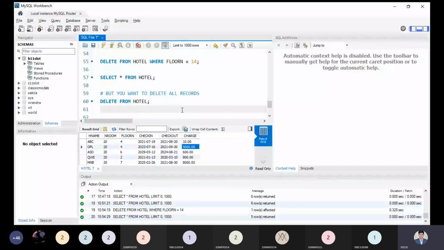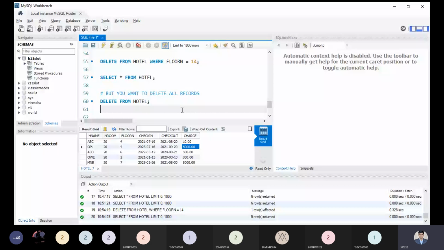When you remove or delete the schema, the entire record inside such a schema will be deleted automatically. But if you want to remove the records, then you have to use delete. The delete command or keyword is used when we are dealing with the records. And drop is the keyword used to remove an attribute or a particular table whenever we need to remove it. That is the point you have to keep in mind.